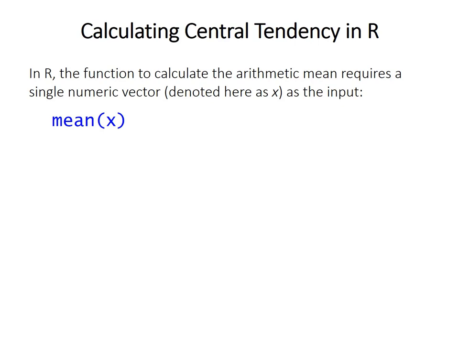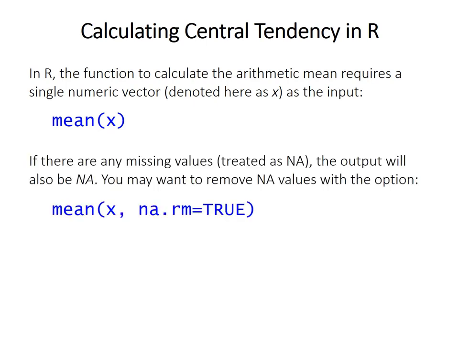There's one note to be aware of. If there are any missing values in your data, so if your input has measurements, but maybe a couple of them don't have a measurement, so it's missing, R will treat those as NA, or not applicable, and the output of the function mean will also be NA. So in that case, you want